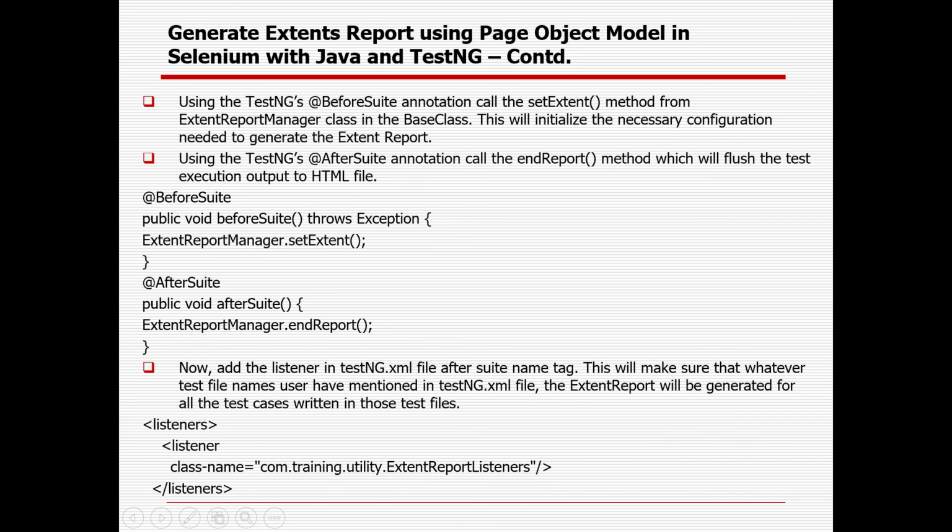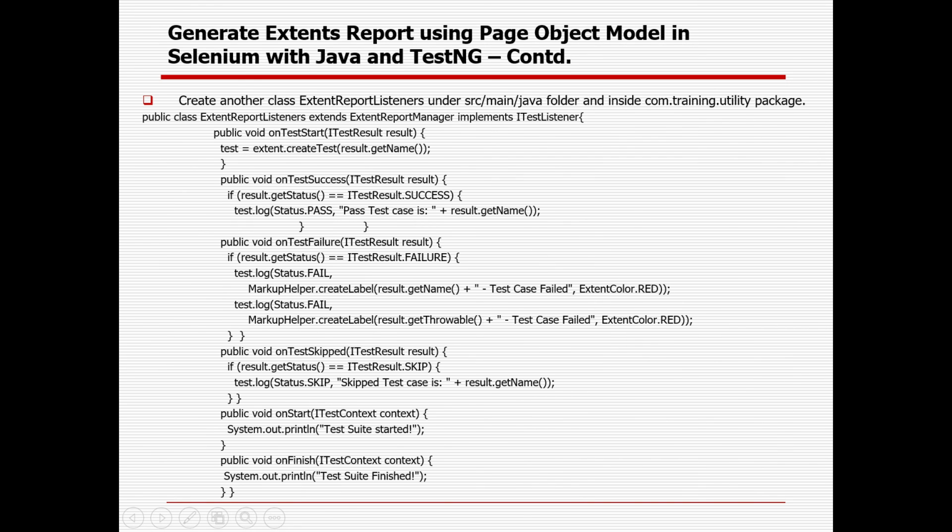And then once all is done, set extent will initialize the necessary configuration needed to generate the Extent report, whereas the end report method will flush the test execution output to the html file. Now once everything is done, you can go to the testng.xml file and add the listener that you have created, which is nothing but this one,